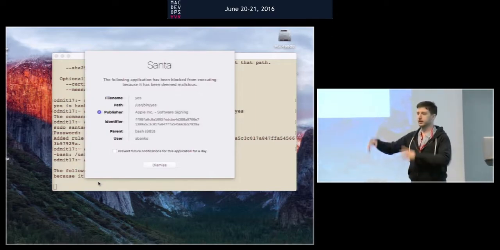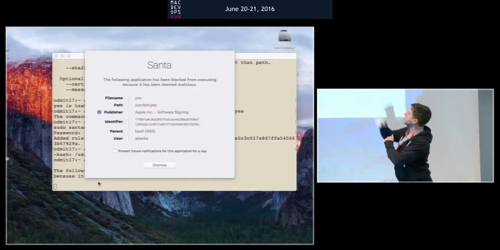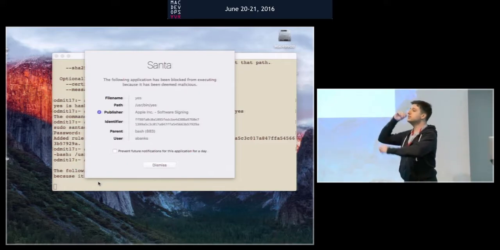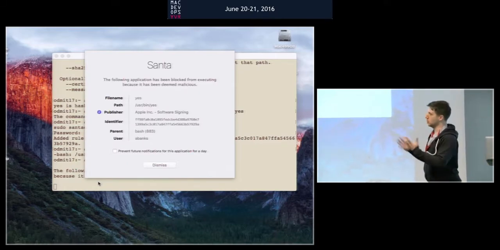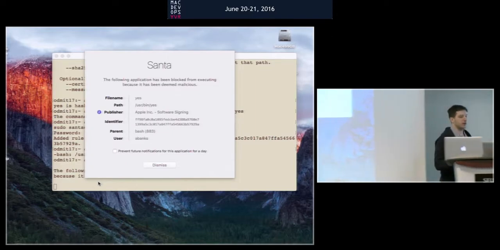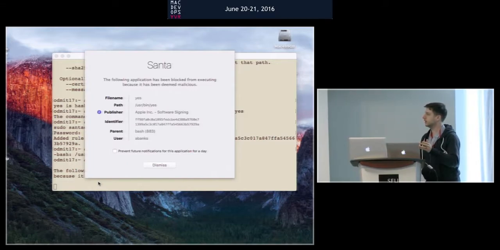When I was testing this, you can have it say something at the top as well, instead of "Hey, this has been blocked from executing because it has been deemed malicious." You can just say no when you say yes. And then this checkbox, just so that people aren't confused about it, all it is that, like, if I